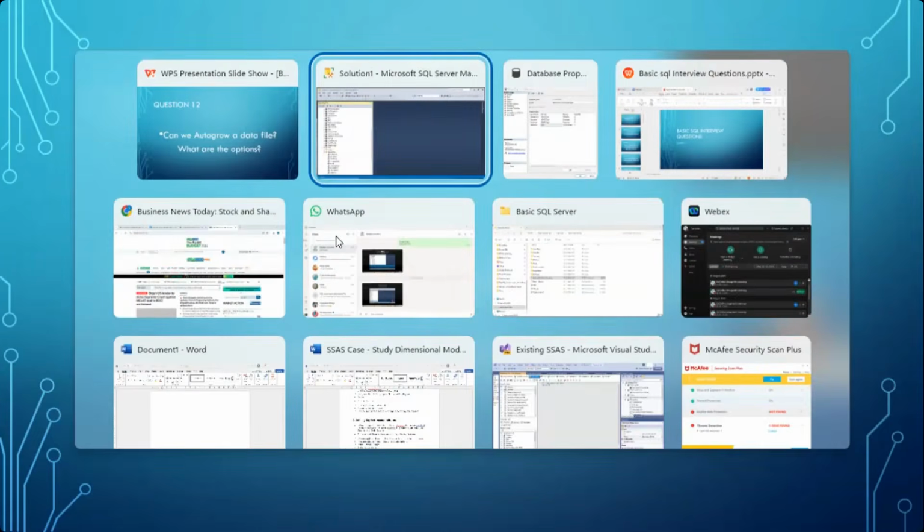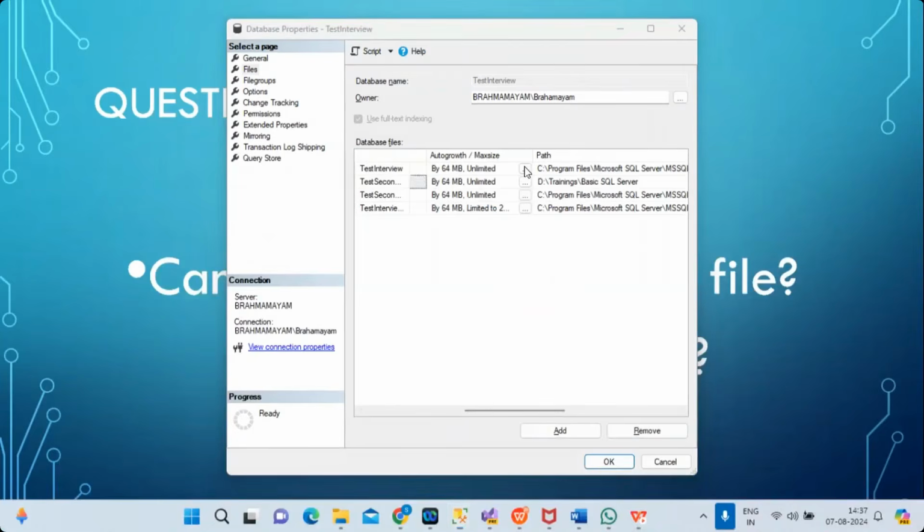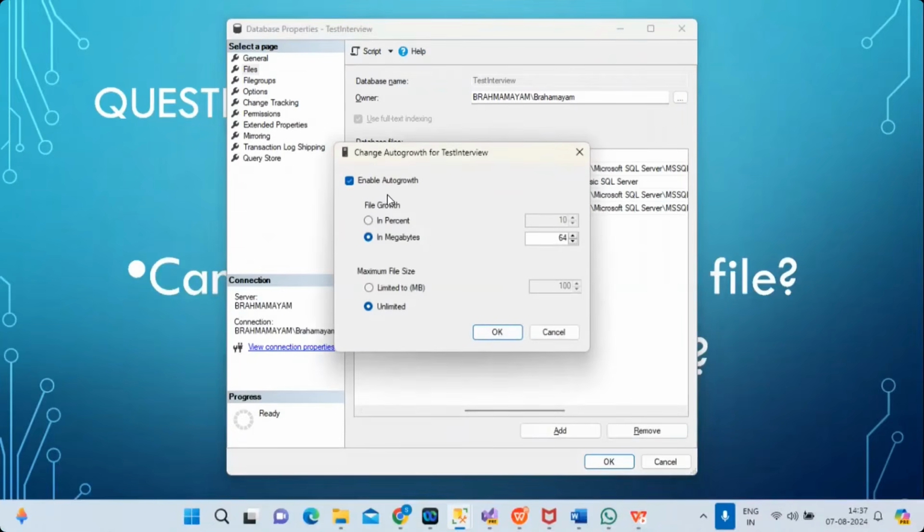So every file will have some initial size, and then you can have an auto grow option. Either you can allow the file to grow in, say, 100 MB size. So when it becomes 100 MB, the next 100 MB is allocated. Or here, maximum file size: that means you can have a maximum of 100 MB or some limited file size. Or you can have unlimited file size and you can keep growing. That means if I say grow by 64 megabytes, every 64 megabytes, a new 64 megabytes is allocated